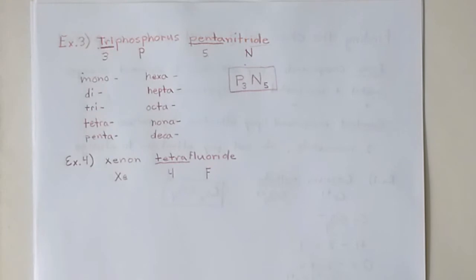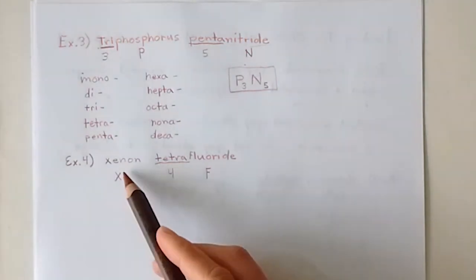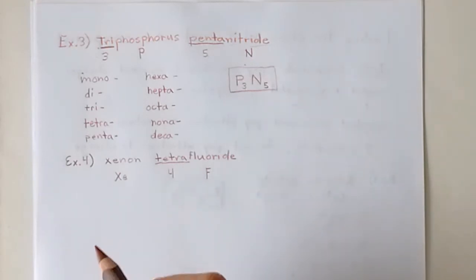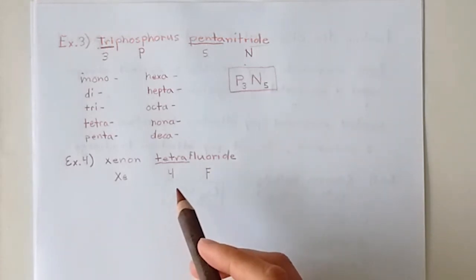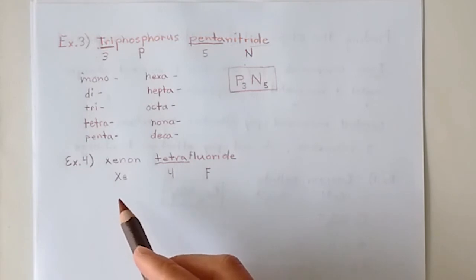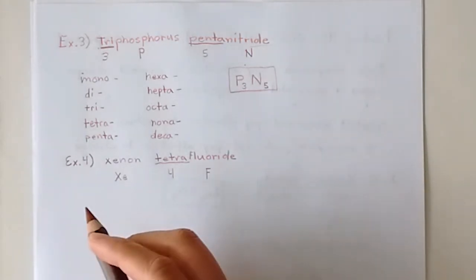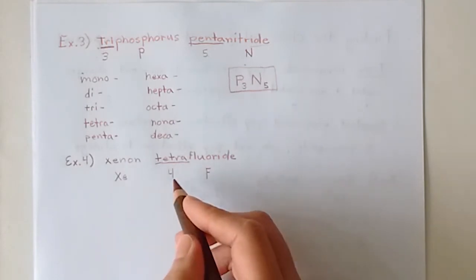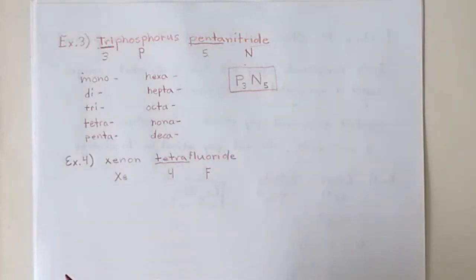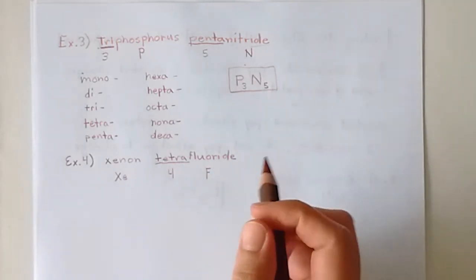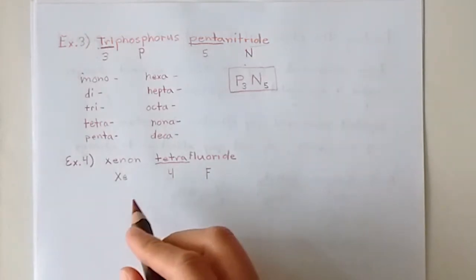So now we know that xenon and fluorine are 2 nonmetals, which tells us we have a covalent compound. And for covalent compounds, all we need to do is to write the element symbols and the prefixes as subscripts that indicate the number of that element. So here, the chemical formula would be